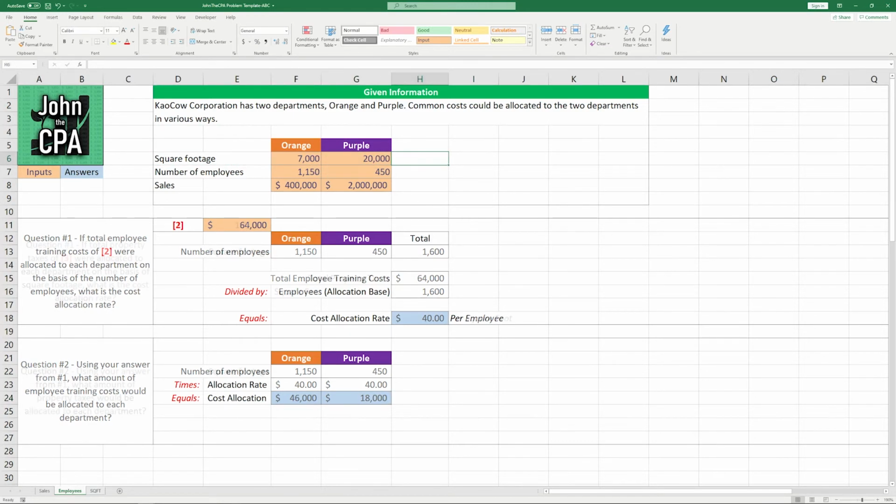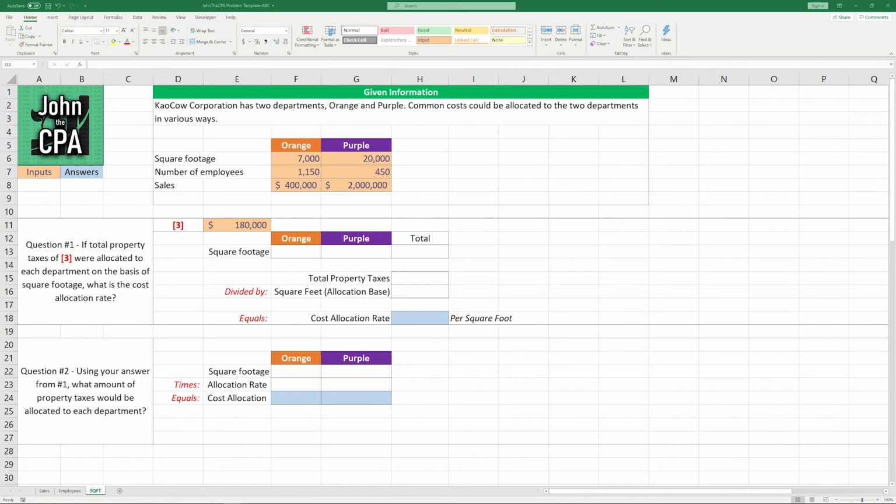All right, last one here. We're going to be allocating total property taxes using square footage. So question number 1 here says, total property taxes of $180,000 were allocated to each department on the basis of square footage. What is the cost allocation rate? We're going to do the same thing we've done in the previous problems. We're going to take the total square footage here, 7,000 from the orange department, 20,000 from the purple department, and get us a total of 27,000 square feet that we're going to be allocating with. The total property tax cost of $180,000 is given in the problem, and we're going to allocate it over that 27,000 square feet, giving us a cost allocation rate of